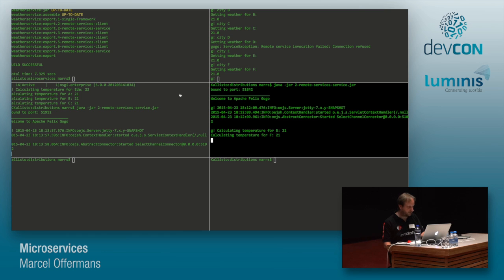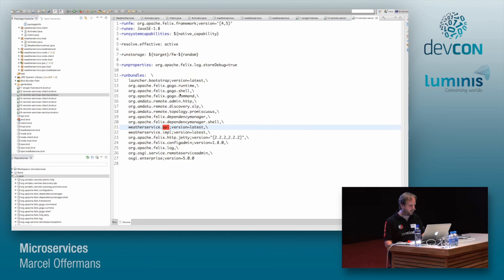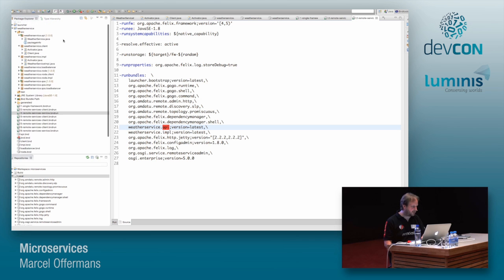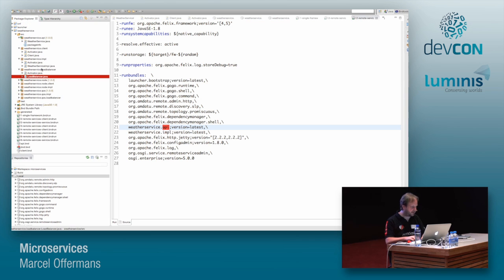I'm briefly going to go back to my Eclipse. And there we're going to see how we can implement a simple load balancer for this scenario. In our client, we really have a situation now where we can have multiple weather services available. So what we could do is implement some kind of round-robin load balancer that just collects all these services that are available and invokes them one at a time, going through the list and then starting at the top again. And I can do that in OSGi quite easily. I'll show you what that looks like.